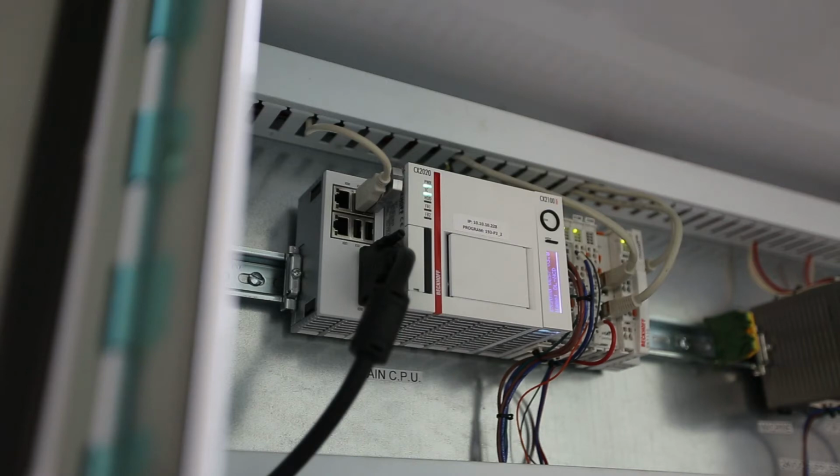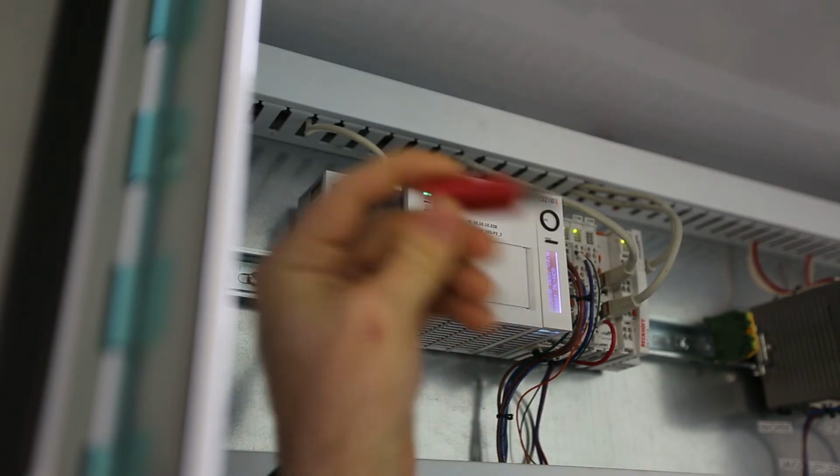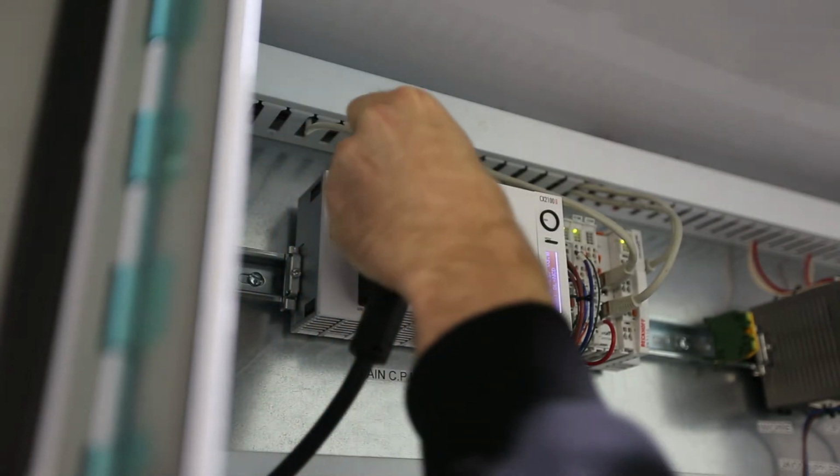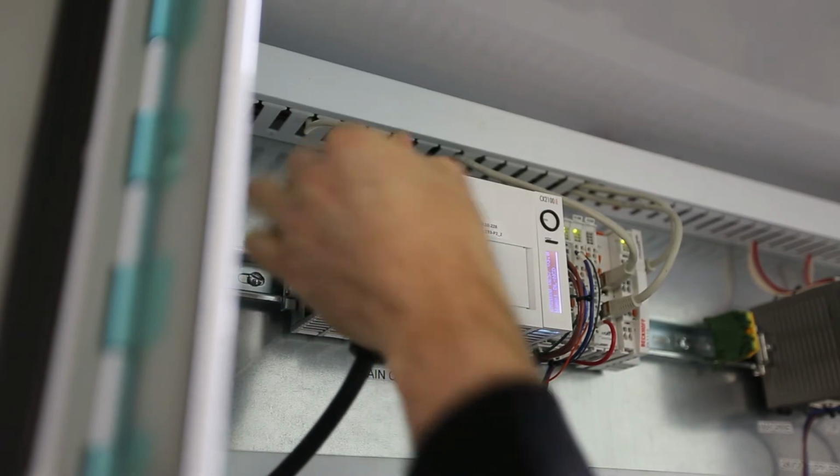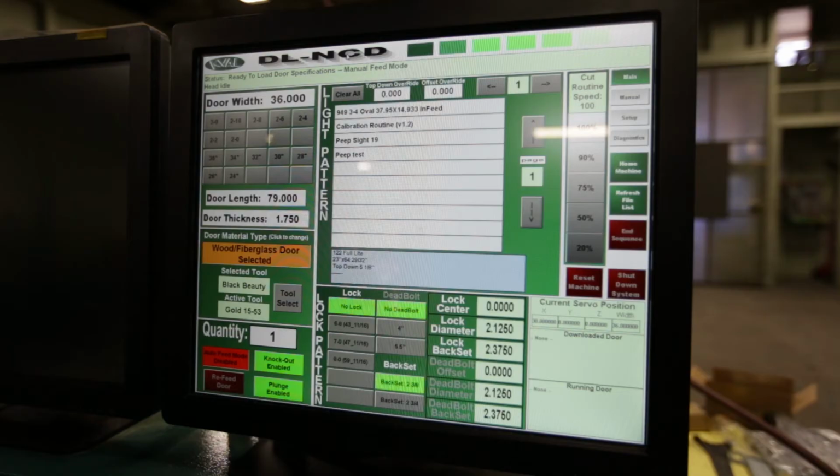So once you've loaded your program onto a USB stick, you're going to find the main CPU for the DL-NCD. It's located in the main electrical panel and usually mounted in the top left corner. As you can see, our main CPU is here. Insert your USB into the USB slot. Now that you've inserted your USB, we're going to go and find the file that we've loaded, the NC file